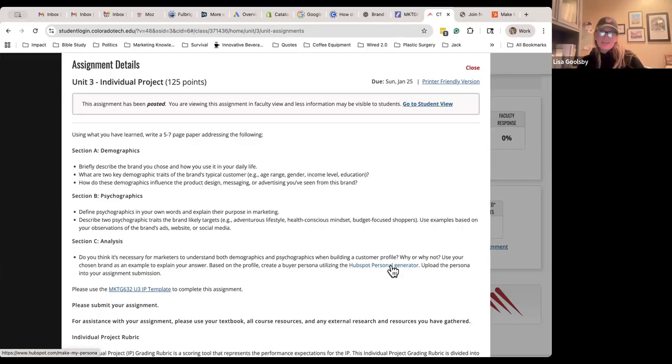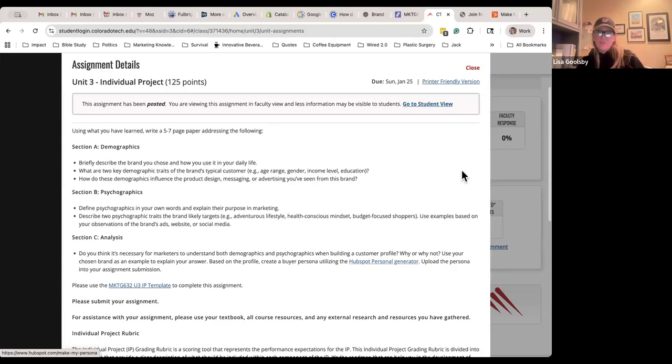You're going to click on this. So I'm going to click on it and I'm going to take you to that particular HubSpot Persona Generator and show you exactly how to use it because you're going to create a persona based on your information, your demographics and psychographics for the brand that you've chosen. You're going to create the persona, then you're going to download it, and you're going to include it in your assignment submission. So let me stop sharing this, and we're going to go into looking at that